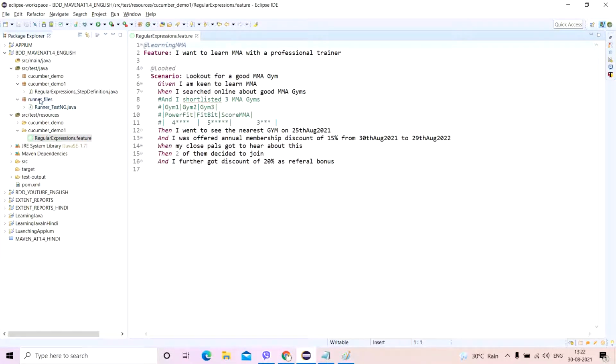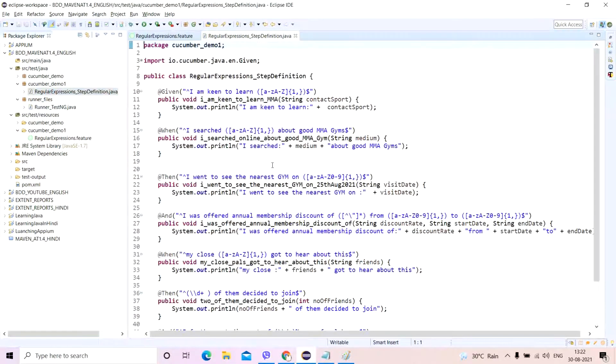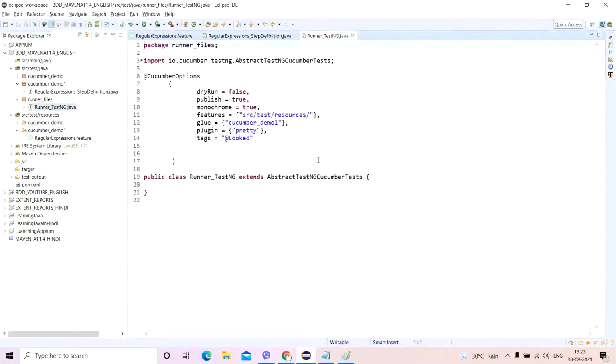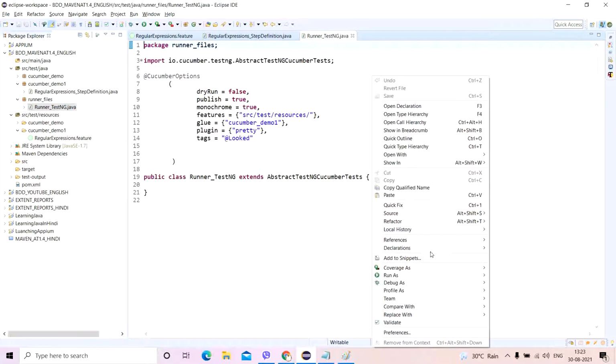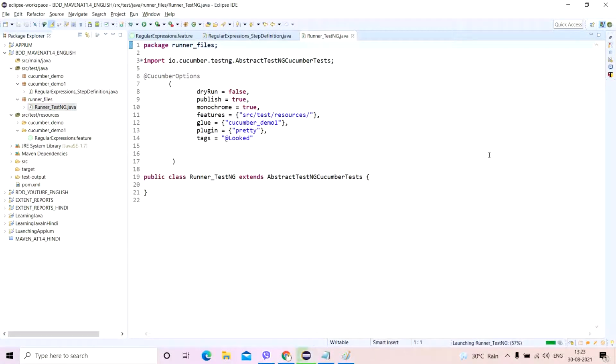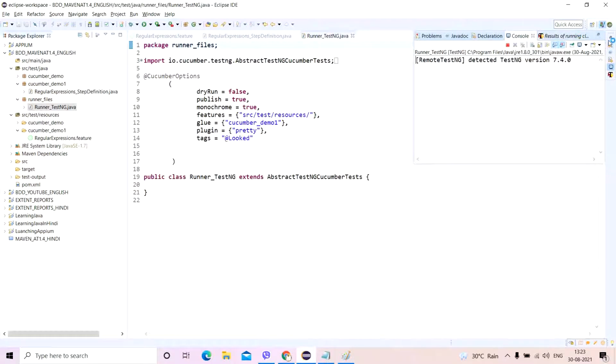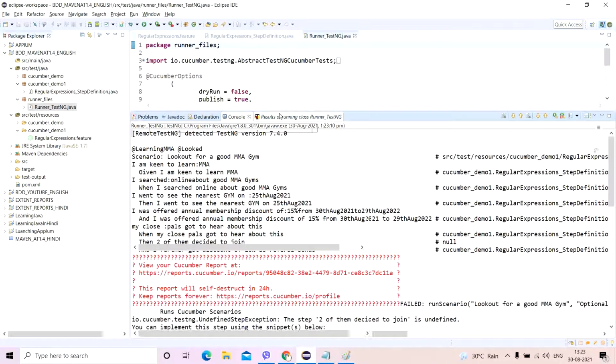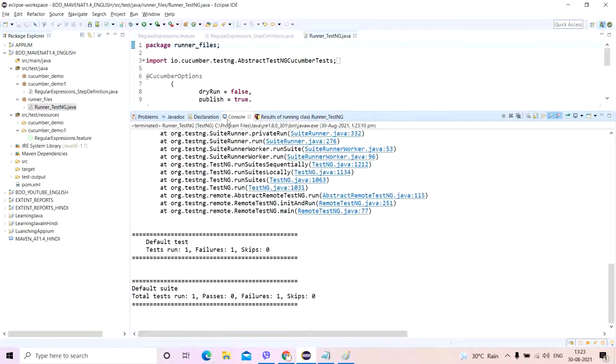Okay, so this is the step definition file. Everything so far looks good. I don't think I've missed anything. And then I go to runner_testng. So let me run this runner file. Okay, there is a certain failure.